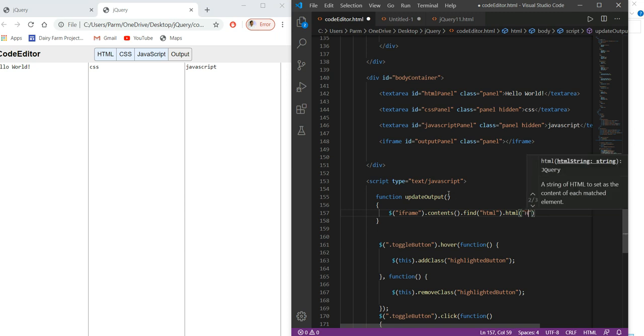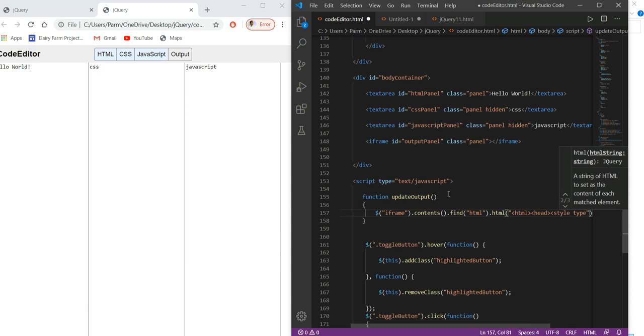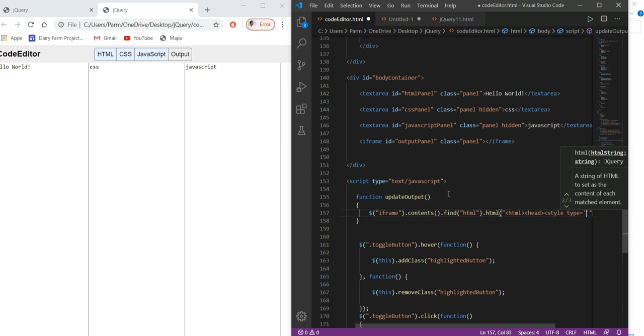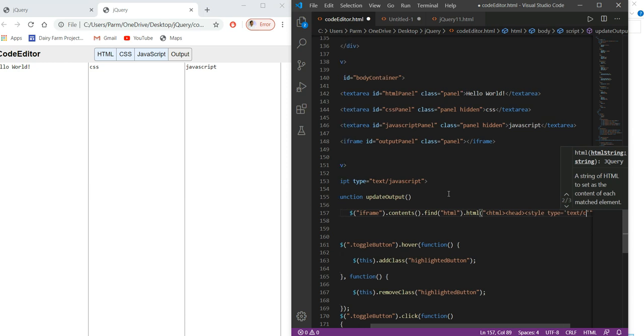There should be the HTML element, that is to start HTML. After the HTML we have to use head, and in the head we can specify a title, or we need not. Within the head we have to specify the style, then here we have to give its type, that is important, in single quotes, that is either text or CSS.